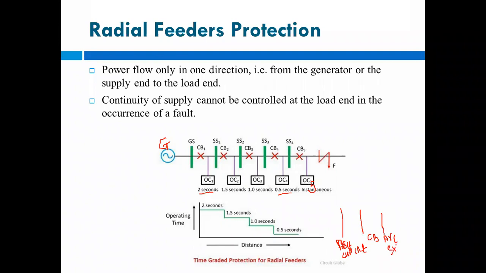Okay, to extinguish the arc, some time will be required again. And after that some gap is given there, which we can say is a safety time. So if we consider this much part only, this time is almost 0.3 to 0.5 seconds. So this is the minimum operating time of your relay.